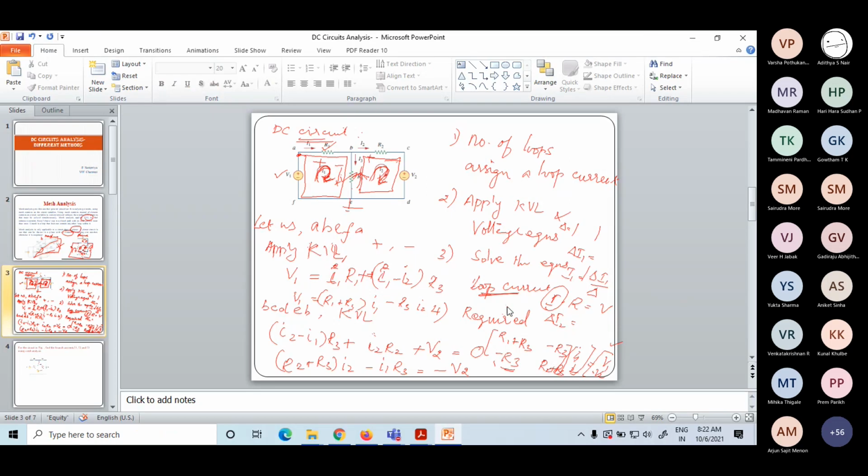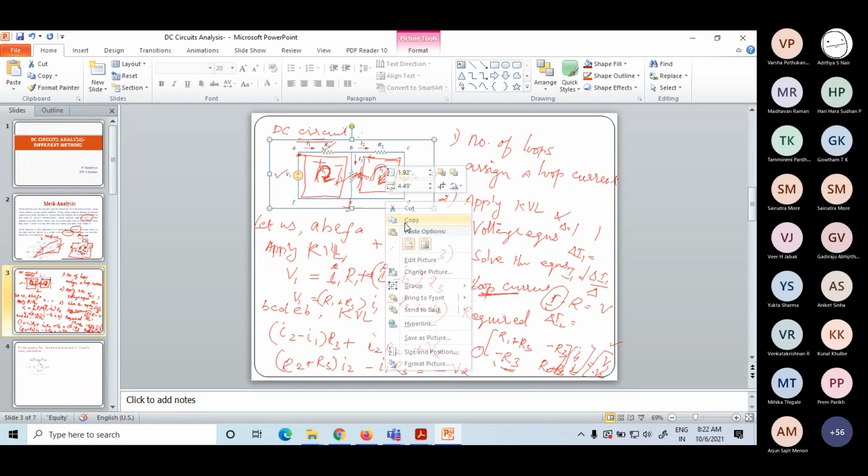Ma'am, just before about the second KVL, that is about the second loop KVL. From where exactly are you starting the equation? No, I have considered this loop. I have 3 elements. You can start in any way. I should include all the 3 voltages. So I have taken first R3. So the voltage drop across R3 is nothing but I2 minus I1 into R3.